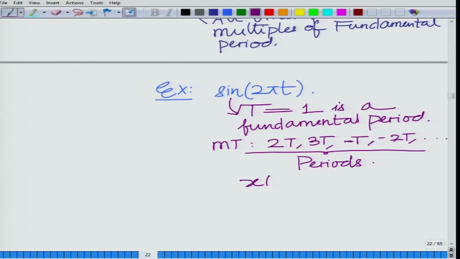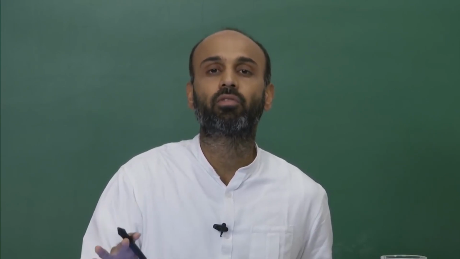Here T equal to 1, so 2, 3, minus 1, minus 2, etc. are also periods, because sine of 2 pi t minus 1 or sine of 2 pi t plus 2 is also equal to sine of 2 pi t. Okay. So any multiple of the fundamental period is also a period, and the fundamental period is the smallest possible duration such that x of t plus capital T equals x of t for all